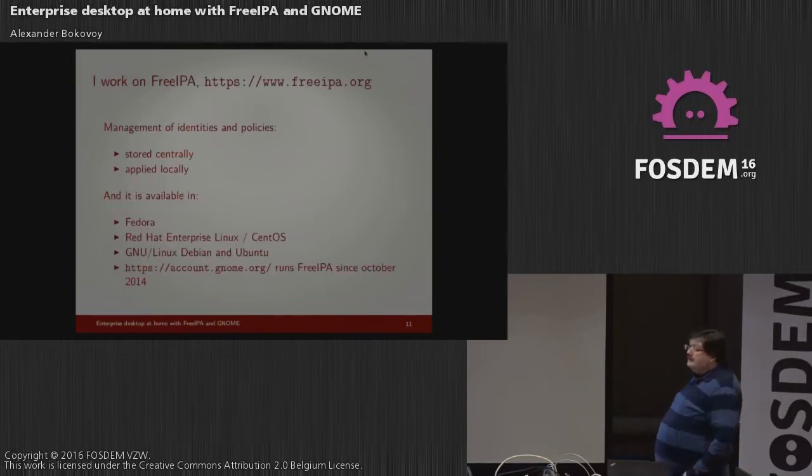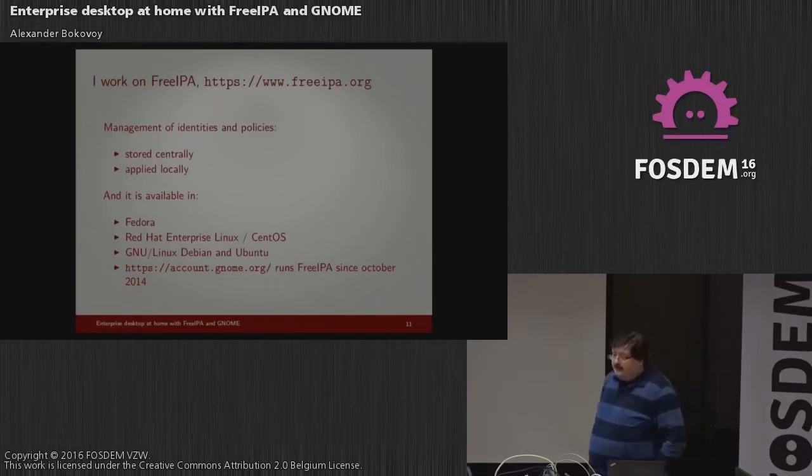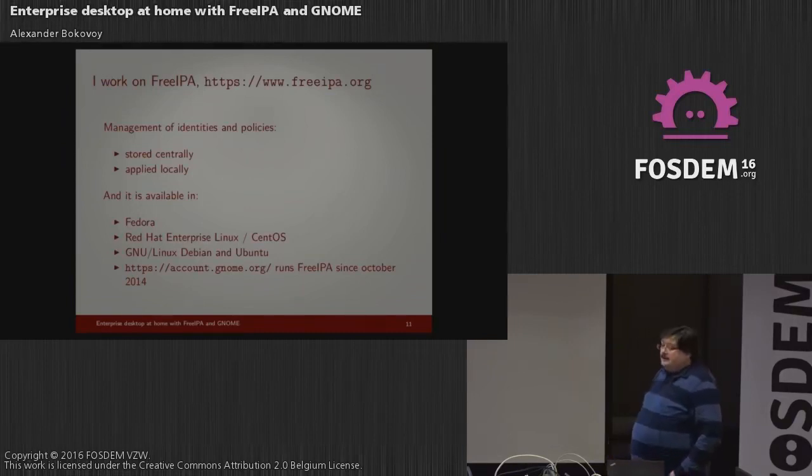So I work on FreeIPA. It's a project that tries to manage identities and policies in general. They are stored centrally in the FreeIPA server. They are applied locally by the software running on your desktop. And the typical environment in Fedora or Red Hat Enterprise Linux or CentOS or Debian or Ubuntu is the SSSD daemon,